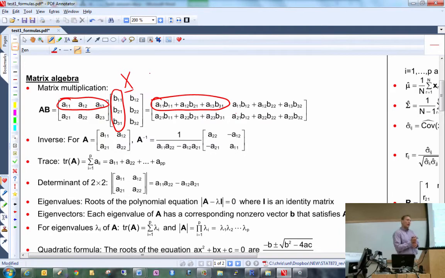Now, what threw students off was not realizing that I then have X transpose over here. Normally when I would take A times B, of course, I take A11 times B11, A12 times B21. Notice the order of the subscripts here. Now since I have a transpose that I'm working with on the left side,